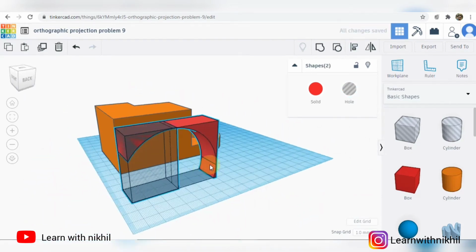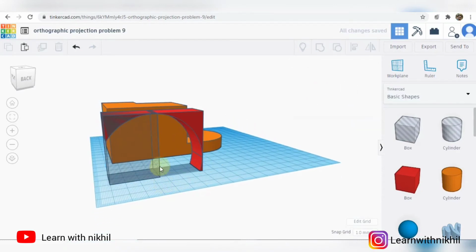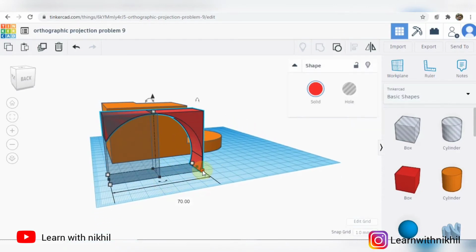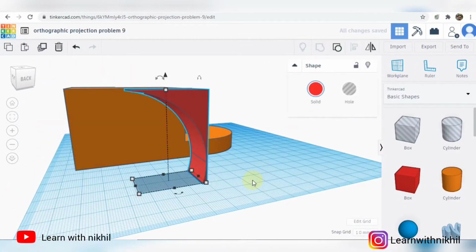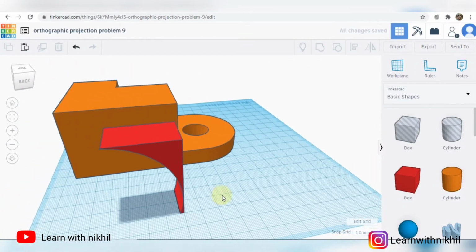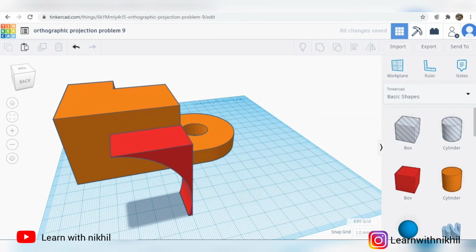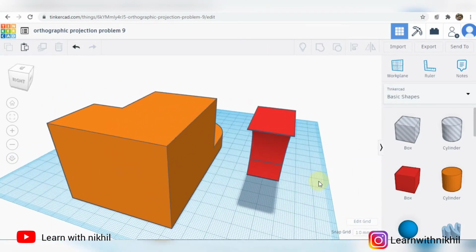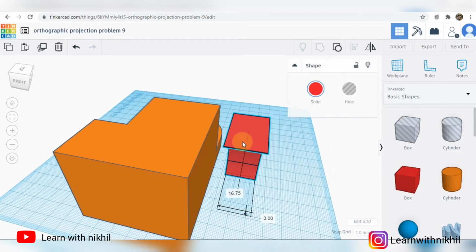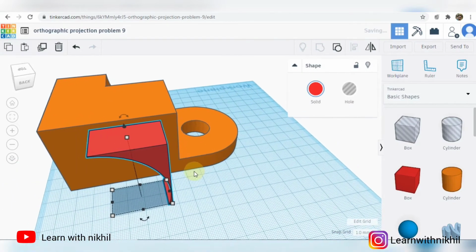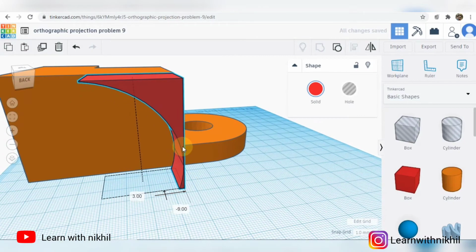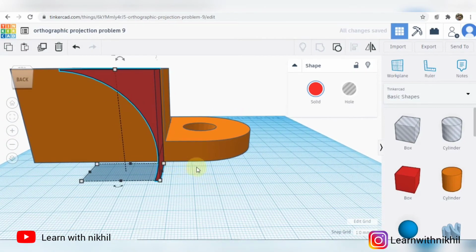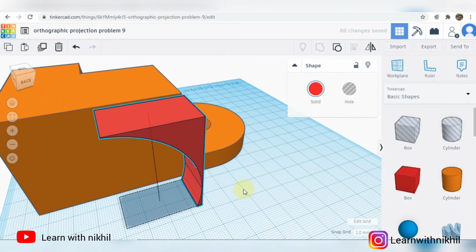Aligning these two, and then we'll group it. We have got the desired part which we want to cut from the main block. So now I'll convert this shape into the shape of a hole. Aligning it, the part where we want to cut.